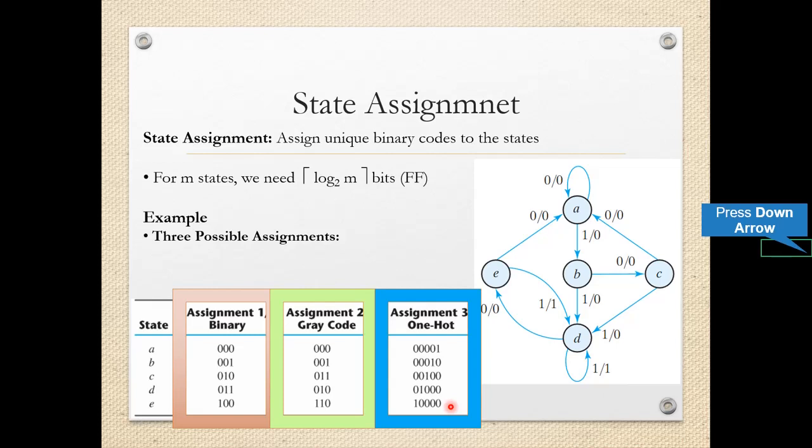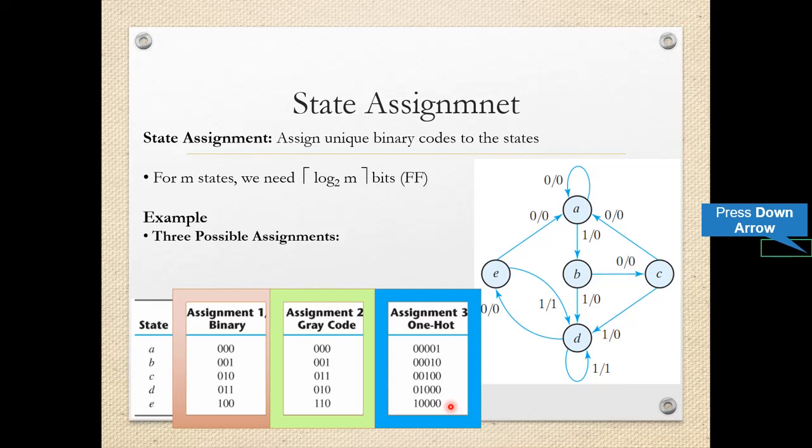As there are 5 different states, we will require a 5-bit code for this one hot coding, because we have to shift this logic 1 from LSB towards MSB successively. So this is the first code. In the second code, this 1 will be shifted to the second position, then in the third code it will be shifted to the third position, the fourth code to the fourth position, and then the fifth.